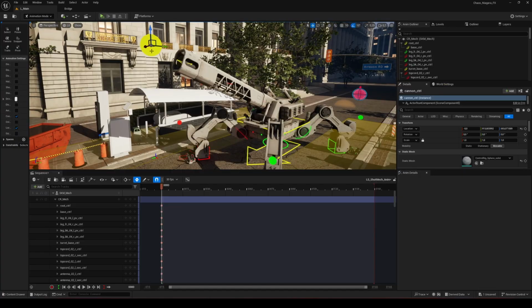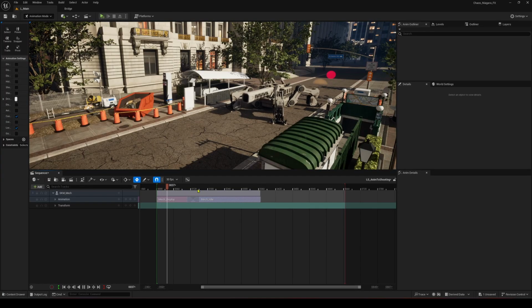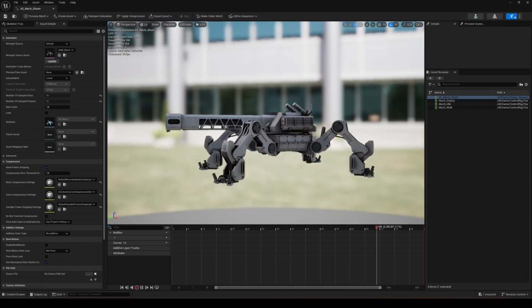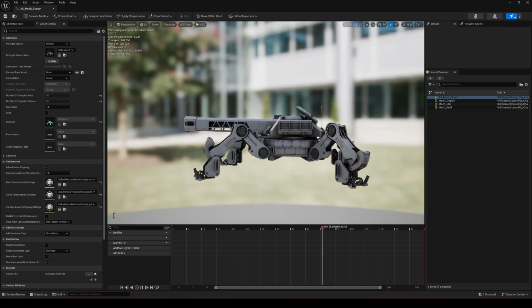I then animated the mech to create a firing animation. Starting from an idle animation sequence, I fully took advantage of its control rig to adjust the pose and the final animation. Quick and fun to make, as always. We've got the animation, now we need to add some detail.